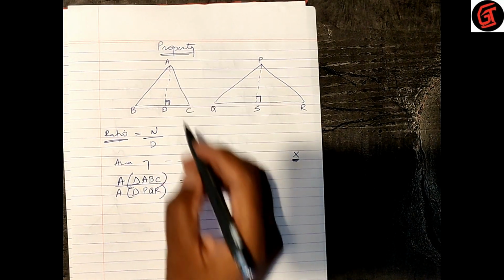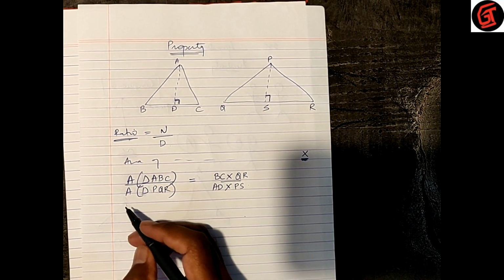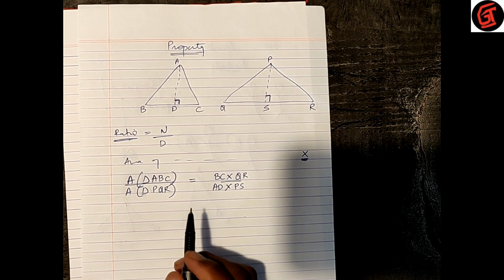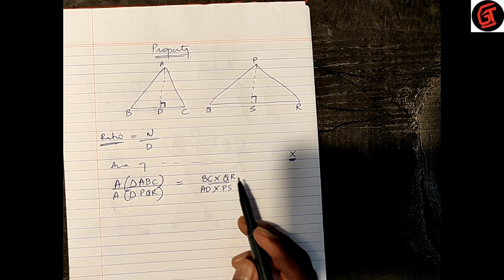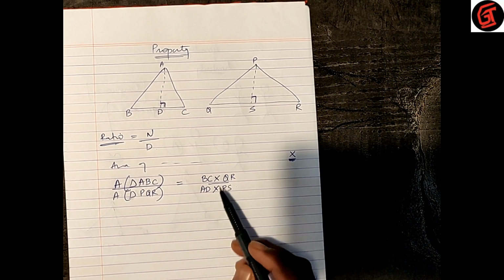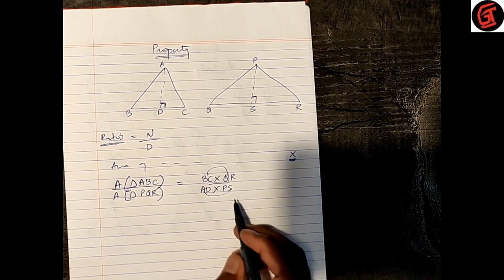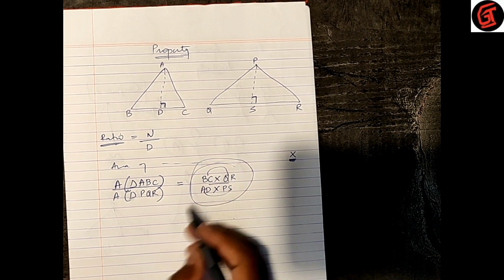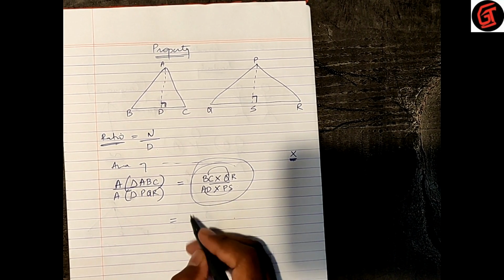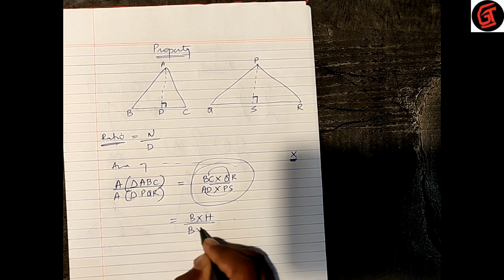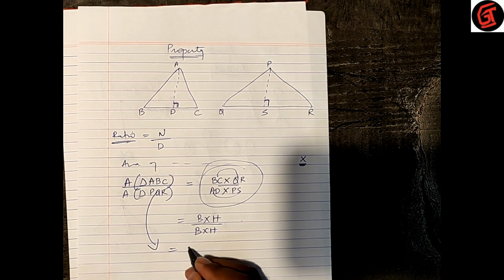Now see, there will be a big mistake in the way we approach this sum. The statement is: the ratio of areas of two triangles is equal to the ratio of product of their bases and corresponding height. So we might speculate this to be the ratio of base into base upon height into height. But that is not the case. Here, we have to understand the statement as the ratio of base into height upon base into height.